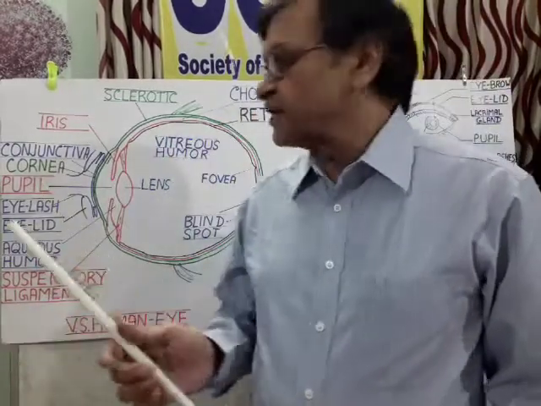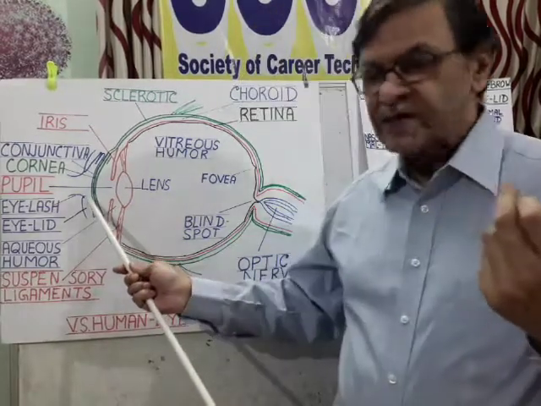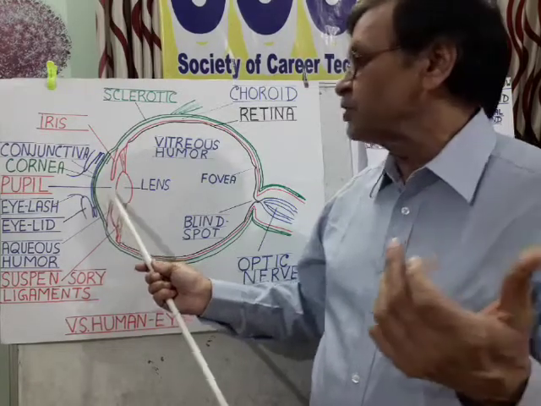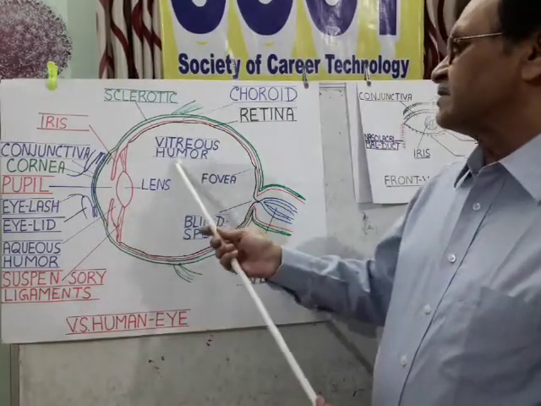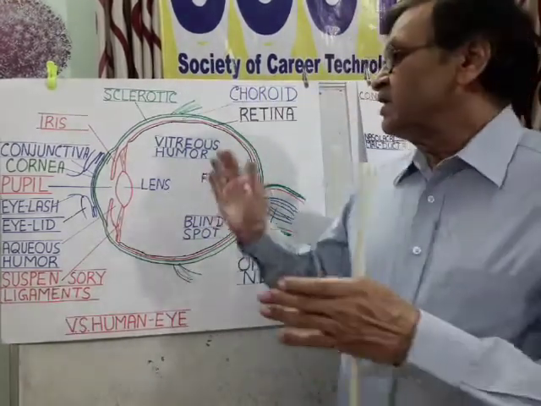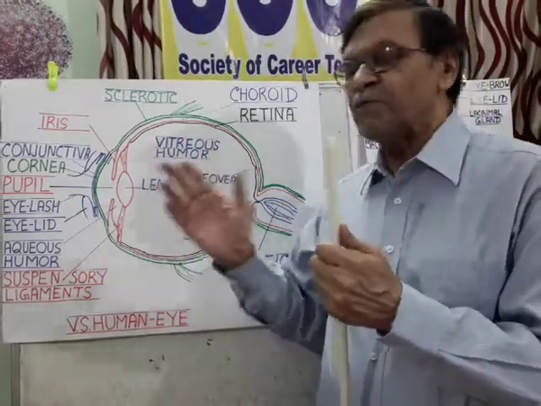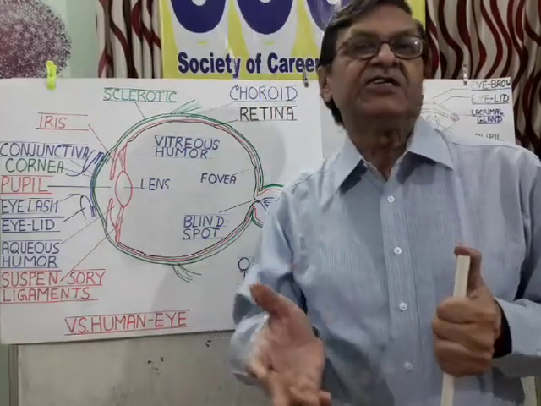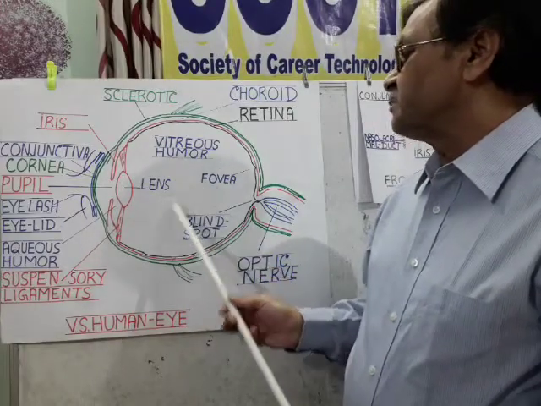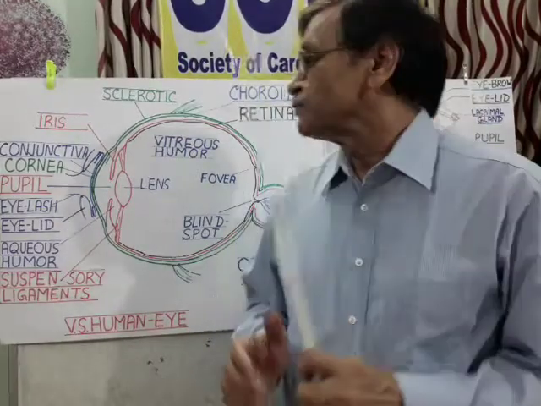Two fluids are there. This part contains the aqueous chamber containing aqueous humor, a shining white transparent water-like fluid, and this part contains the vitreous humor, which is slightly gel-like. Both these fluids keep the pressure of the eyeball in an intact condition, and there is a condition when the pressure in this vitreous humor is increased, it causes a glaucoma disease.